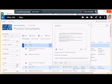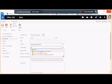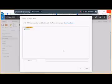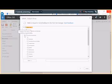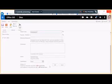In this case, we're going to define it as a practice document, and therefore it knows that it's got certain key pieces of metadata, and everywhere we've got these little tags, these refer to a piece of managed metadata that sits in the background. So once I've completed my metadata for this document,